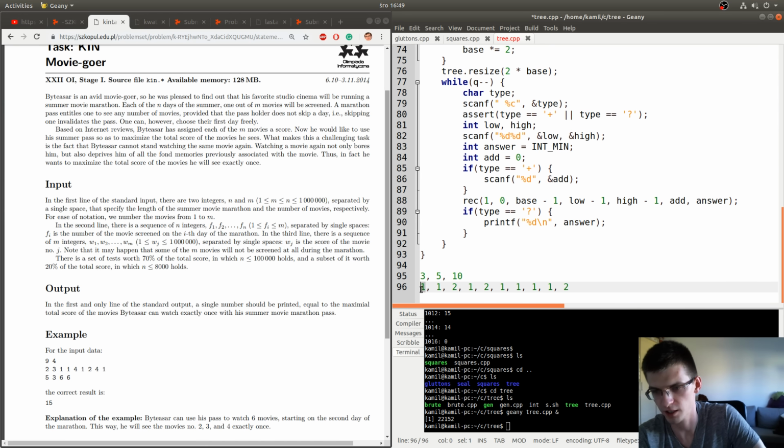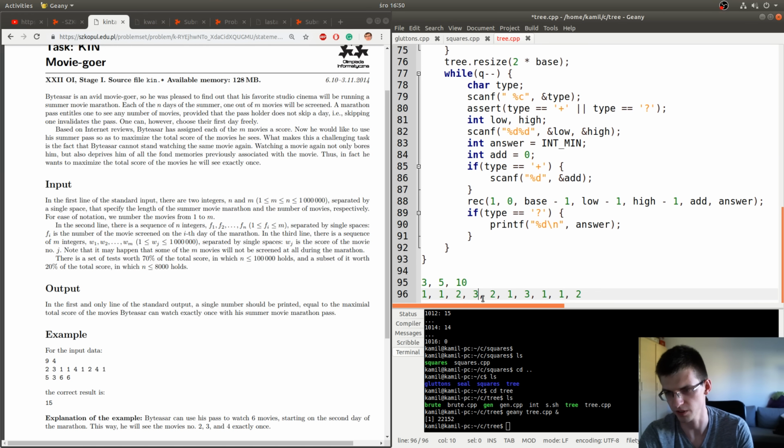Similarly, if the end is at position 1 exactly, we get movie 1 towards the score. If, for example, we have something like this, so there is an extra movie 3 here and here, and the beginning of our interval is here, then if the end will be somewhere around here, so indices between 4 and 6, the score will be increased by the score of movie 3.